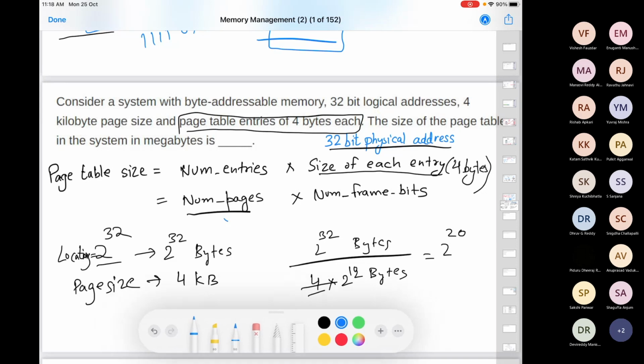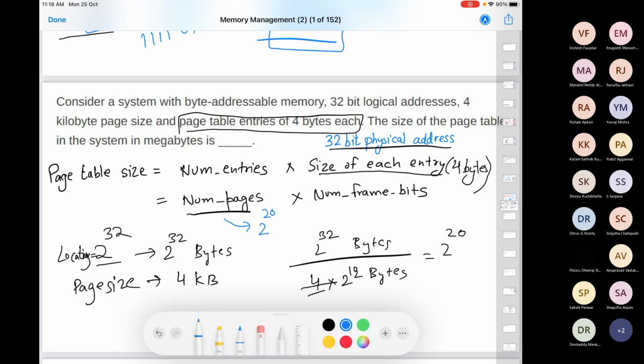So your number of pages is 2 raised to the power 20. Each entry is 4 bytes long. 2 raised to the power 20 is nothing but your mega. So in total it becomes 4 megabytes.